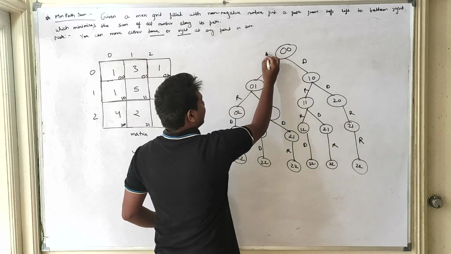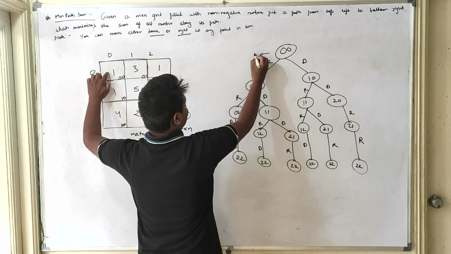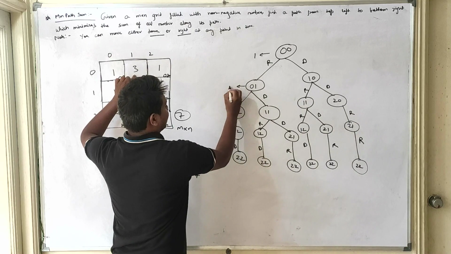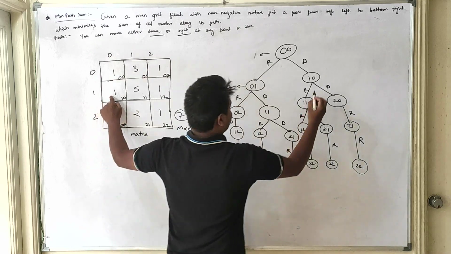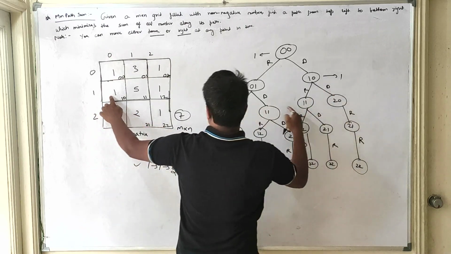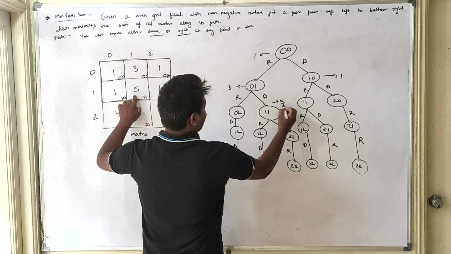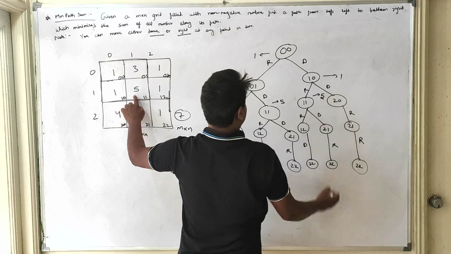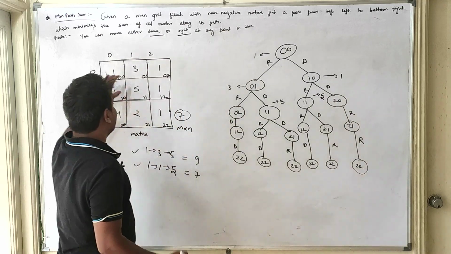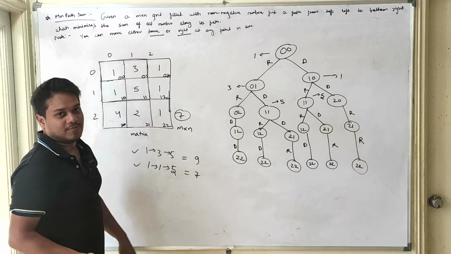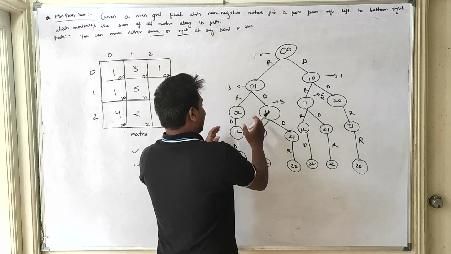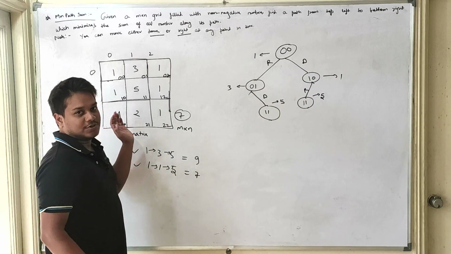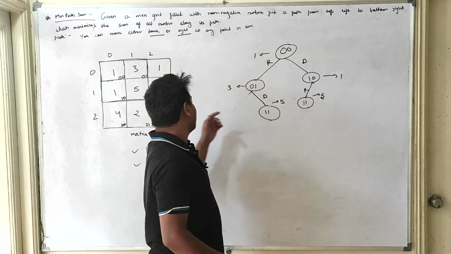So this cell is having a value of 1. Okay, now 0 1 is having a value of 3, then 1 0 is having a value of 1, then 1 1 is having a value of 5. Okay, so currently I am looking at only the smaller sub problem. Then what will happen, just forget about all the other branches. So the state space tree for the smaller sub problem